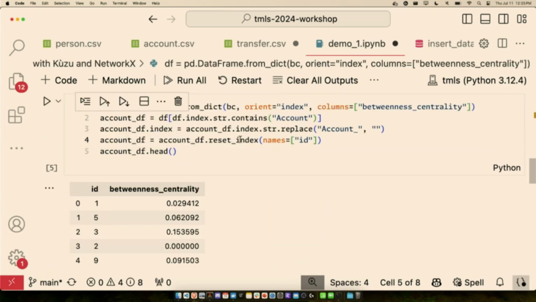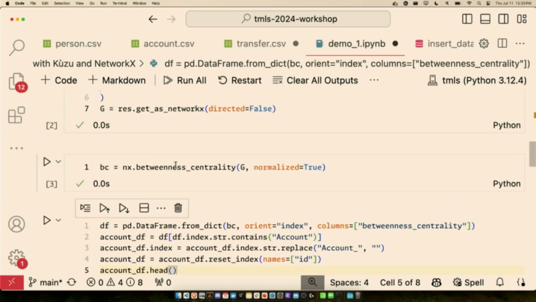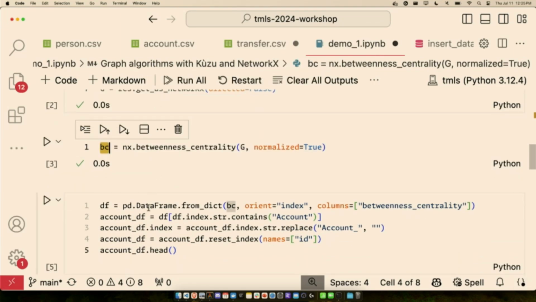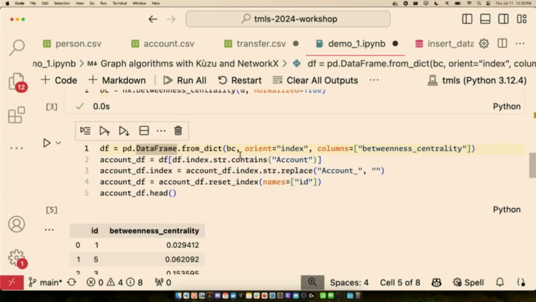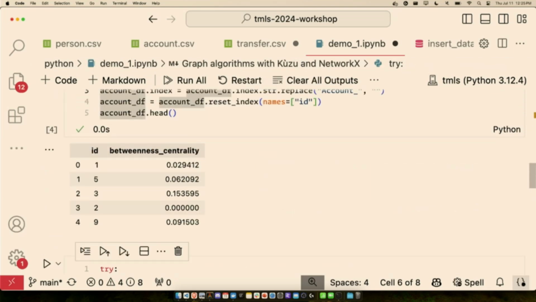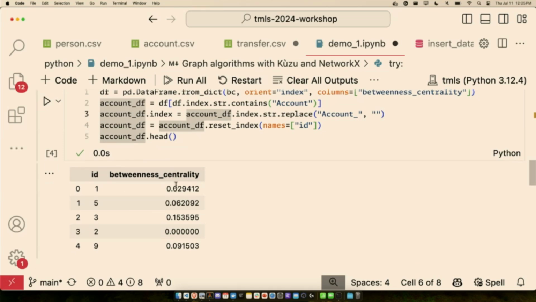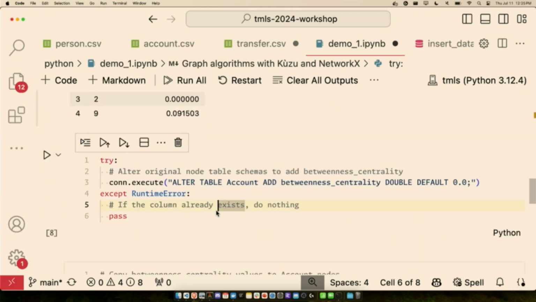And I'm going to run a betweenness centrality algorithm on it. So this BC is the values, like the tuples that it computes. Then I actually do a bit of transformation on it to see what I have. I use pandas to manipulate the data. I get this data frame that shows the node ID of the account and the betweenness centrality value. So then I will